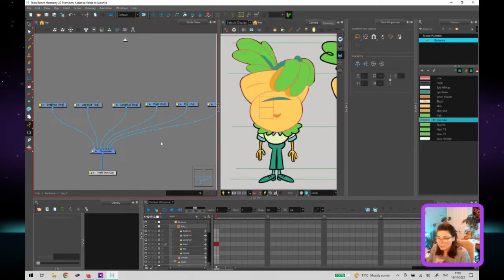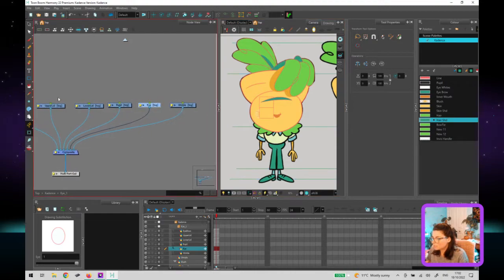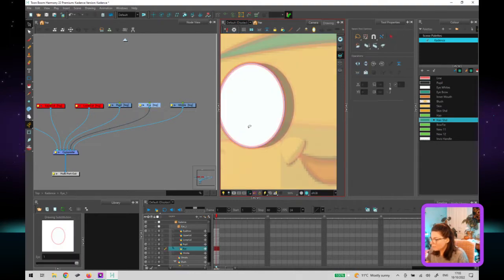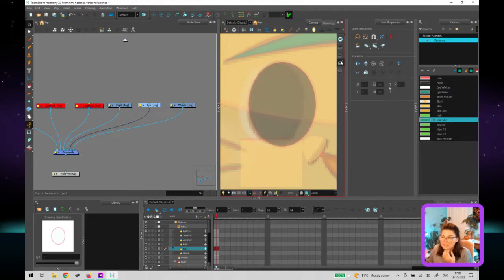Now, another way to represent that, we're going to see it here. Let's see, did I put it in? I'm gonna have to change it into the eye. Let me deactivate these quick. All right, so if I go to my eye drawing, right now I have everything on the line art layer. So everything is here. And again, the way that I work is with the preferences, and I'll show you that one more time,